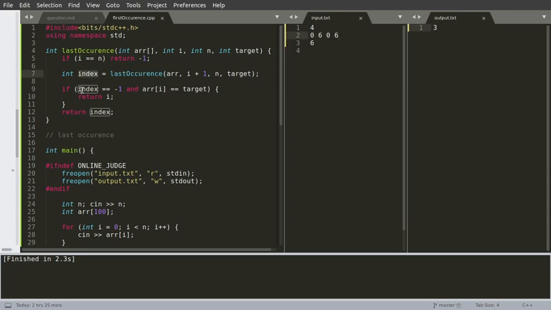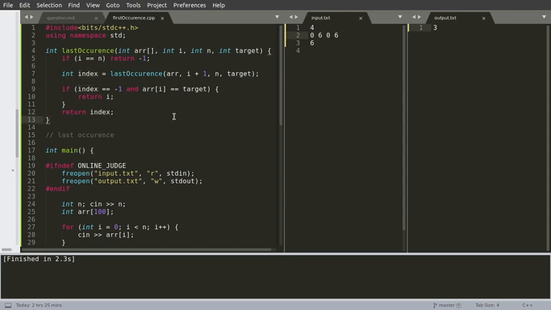And we will check, right? In that case we will put 3 as index, so index will be 3. So here index 3 is not equal to minus 1, so this will not execute, and our actual answer will be returned, which is 3 in that case, and 3 is returned.